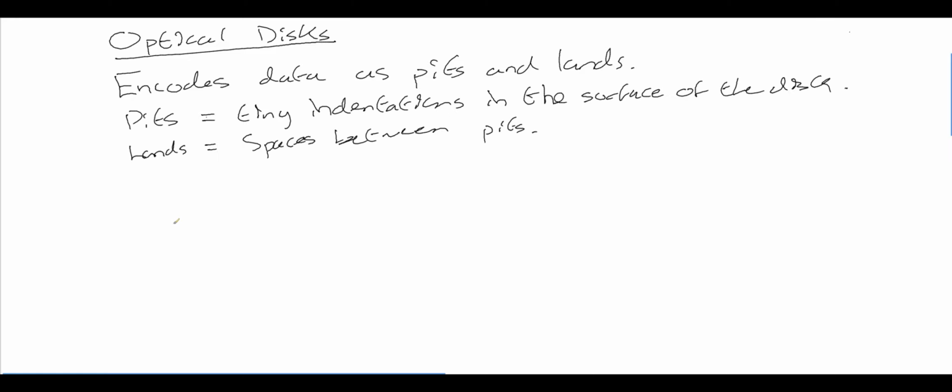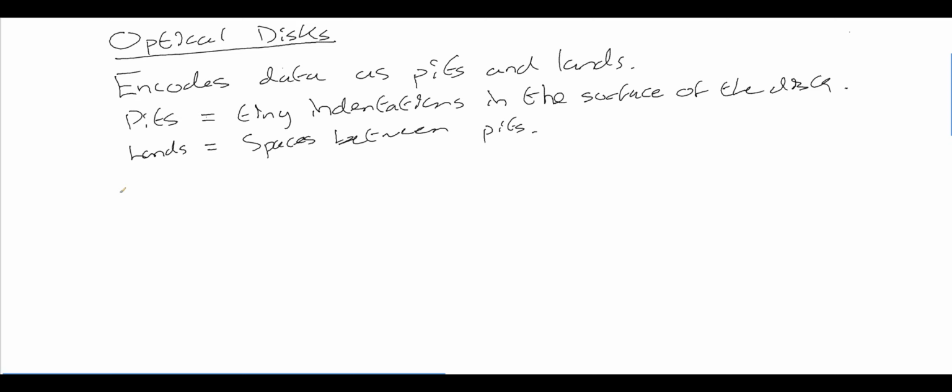Okay, so let's now take a look at optical disks. So optical disks work by encoding data as pits and lands, and pits are tiny indentations in the disk's surface, and the spaces between the pits are called lands. In order to read data stored on an optical disc, a laser inside a disk drive is passed over the disc. And depending on whether the laser is passing over a pit or a land, the laser